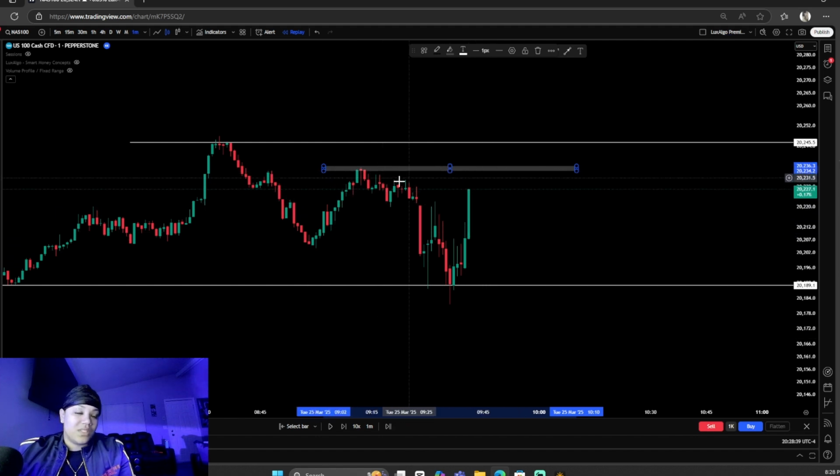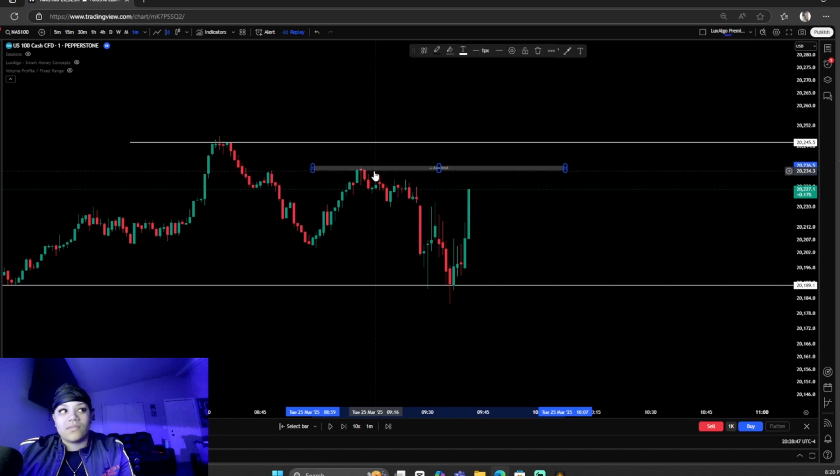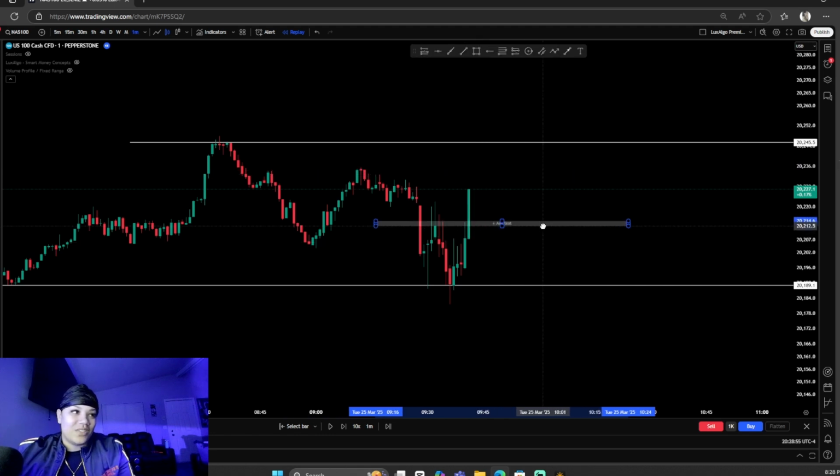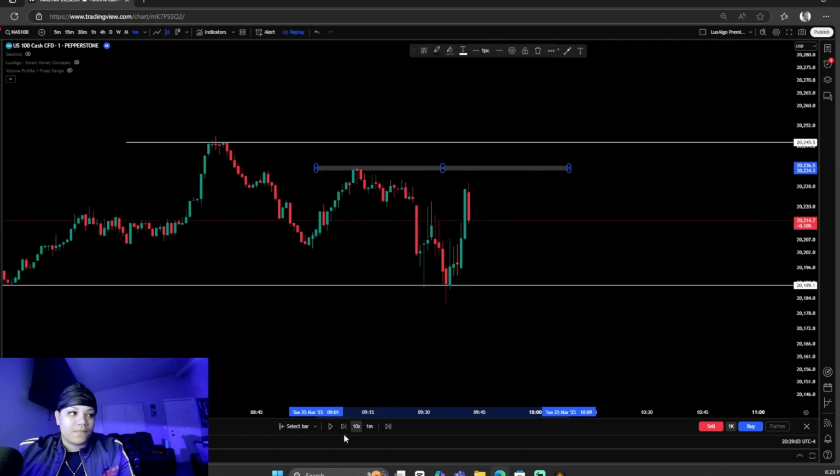Okay, so if this structure level wasn't here and all we had was this level to go off of, then yes, I would have entered that trade. But because there's a structure level to the left of it and it's not too far from the zone, I don't trust this candlestick. So this is a structure level, but you have to pay attention to this structure level as well. So let's see if this level gets broken.